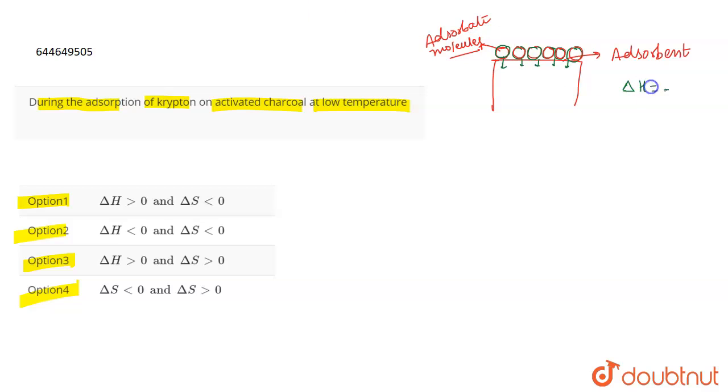It means that the delta H is going to be negative. So during the process of adsorption, delta H is negative because when the molecules are adsorbed on the surface, they form bonds which leads to a release in energy. Now if we talk about delta S, what happens is